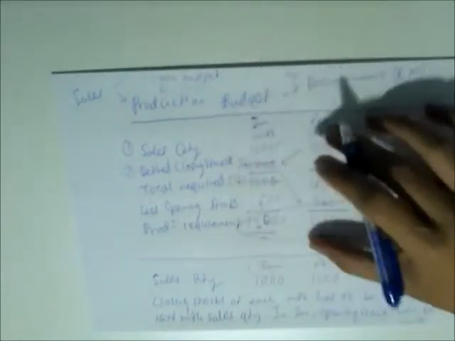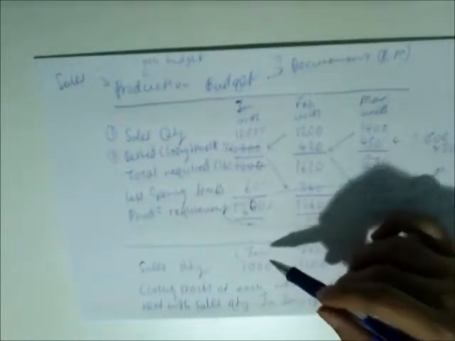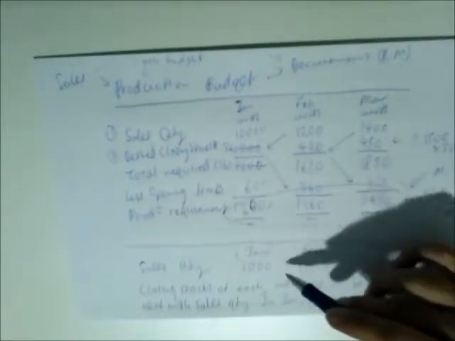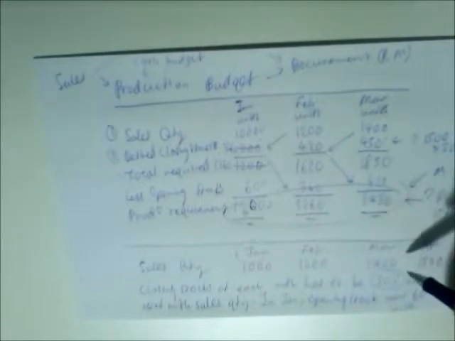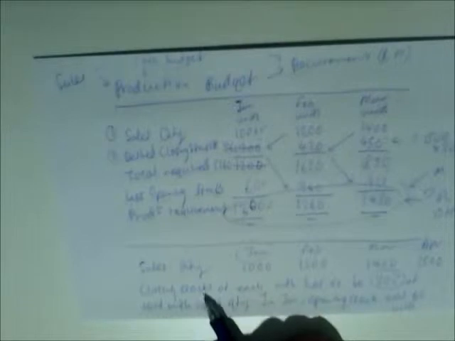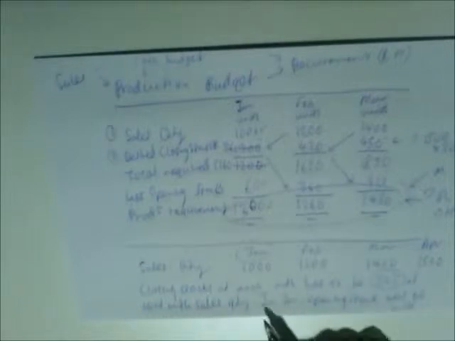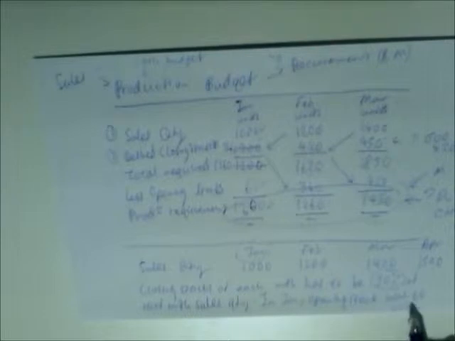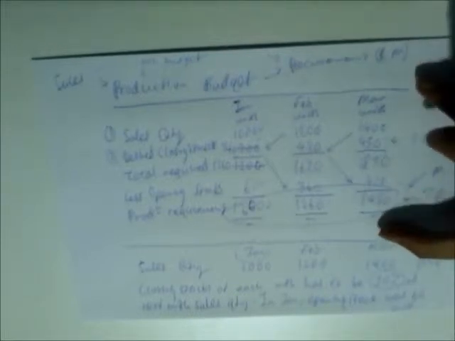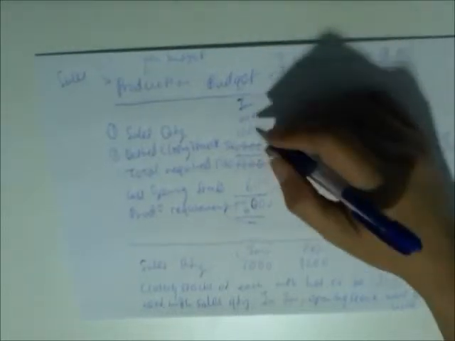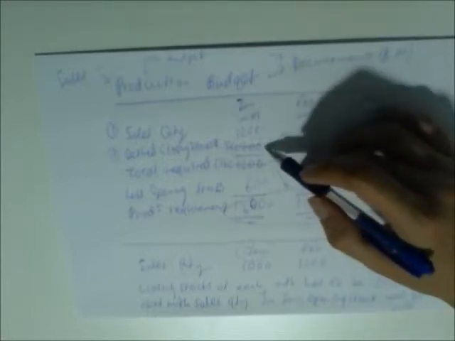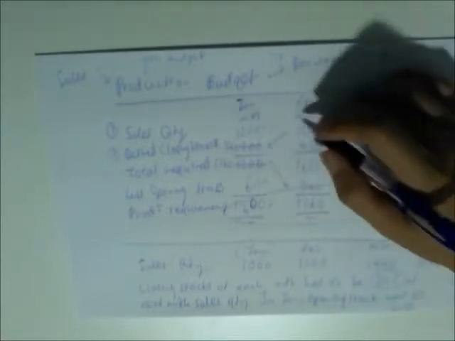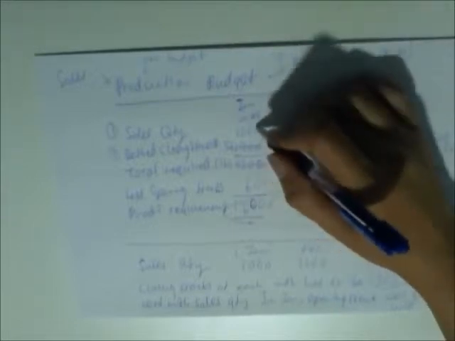Now, before you can do all this, the question must have indicated something like this: sale quantity would be 1000 in Jan, 1002 Feb, 1004 March, 1005 April, for example. Then closing stocks of each month has to be 30% of the following month sale quantity. In Jan, the opening stock was 60 units. So you might need such a requirement in order to assist yourself in preparing the production budget. If you follow my example, how do I know the closing stock will be 360? Well, you take 30% of February, and adding the two together,